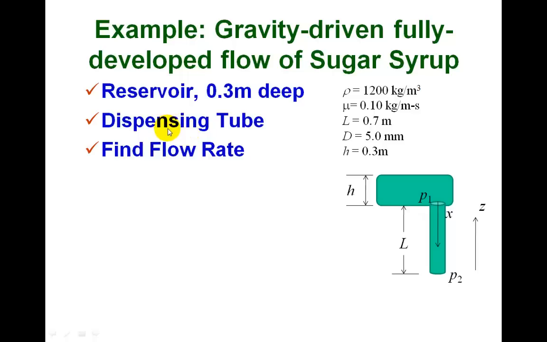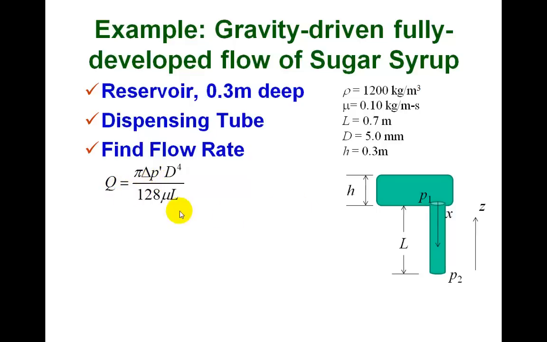And so based on this configuration, we've got very slow velocities up here and then fast velocities going through this tube where the cross-section is small. We're interested in finding the flow rate in this configuration and whether it should be fast enough for the process that we're trying to feed. Most of the pressure drop, most of the resistance to flow, is going to take place within this pipe. So in order to find the flow rate, we're going to again use the pressure